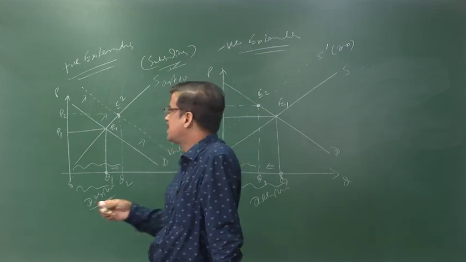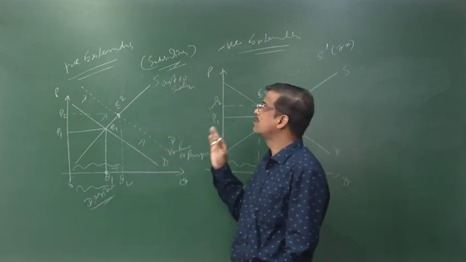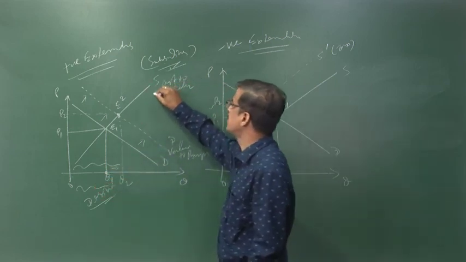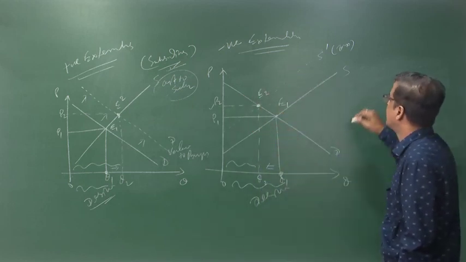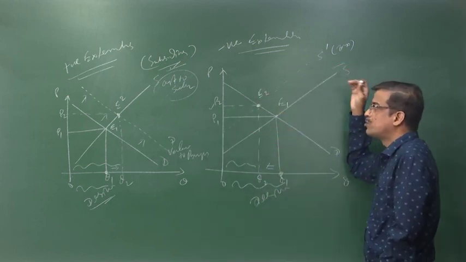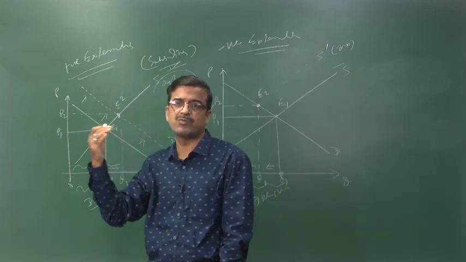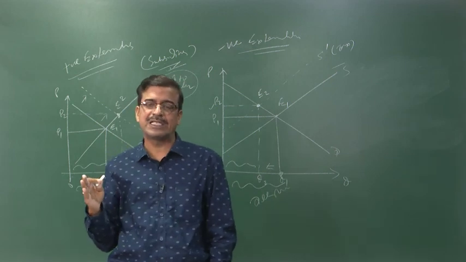So, there are two sides, positive and negative externalities. In positive externalities, the government provides subsidies to the losing party, that is, it compensates the cost to the sellers. In the case of negative externalities, you impose taxes to reduce the benefit to the producers. These are the two ways to understand what positive and negative externalities are.